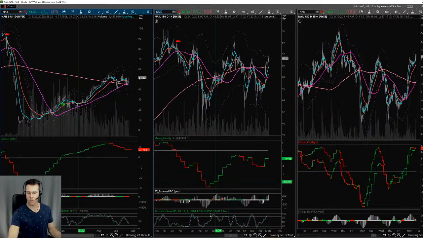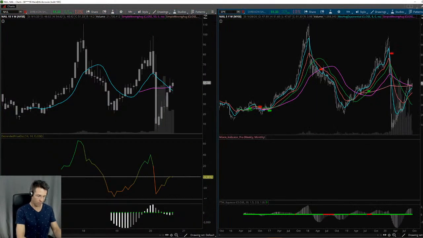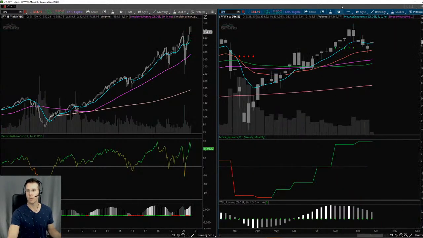One other thing that I just remembered, let me go to the weekly charts. If we look at weekly charts like the SPY, here's something to note, also partly why we bounced so hard over the weekend. Look at the weekly chart of the S&P. We bounced right off of the weekly 21. It's a pretty good place for price to bounce. Now we're not sure what's going to come next, we still have to look at that, but it was something to be aware of. Just a case in point.